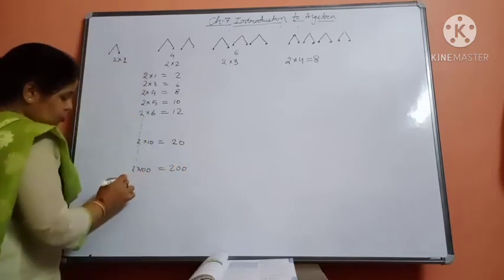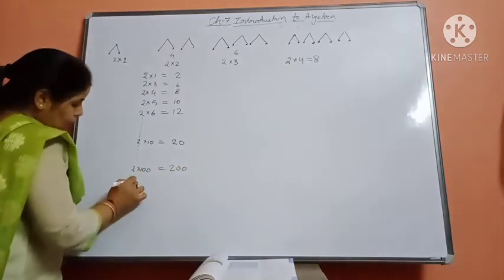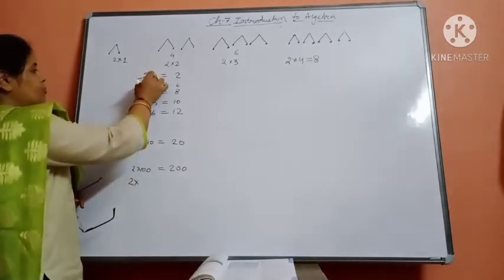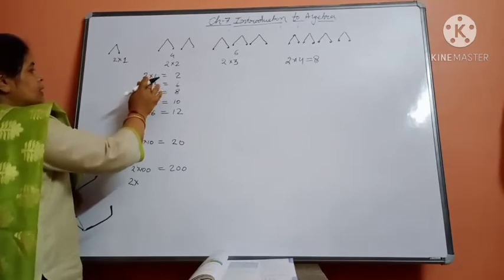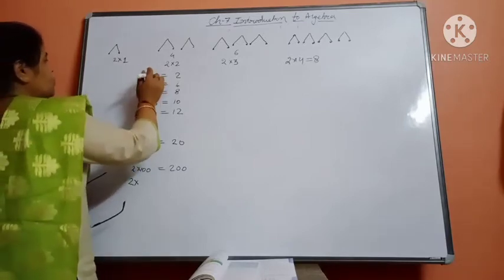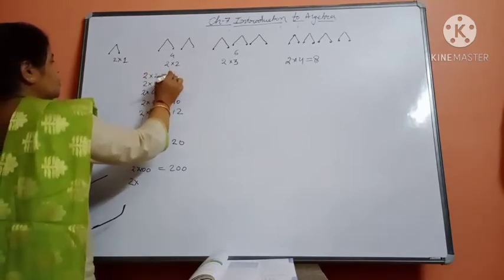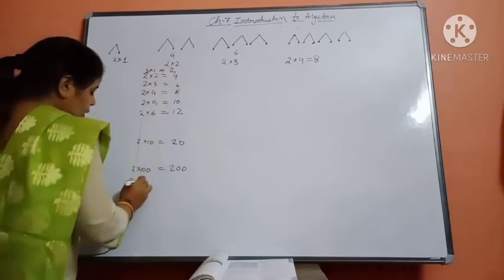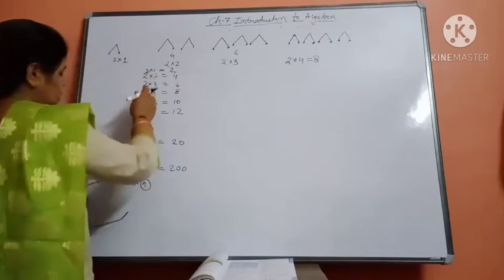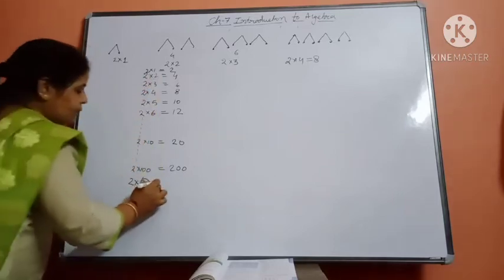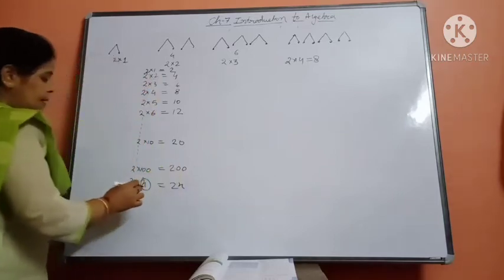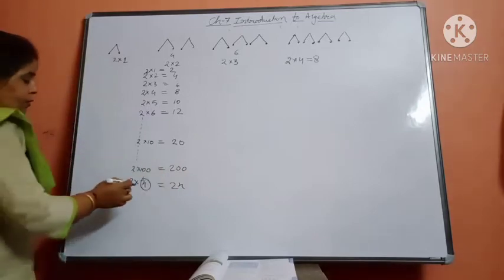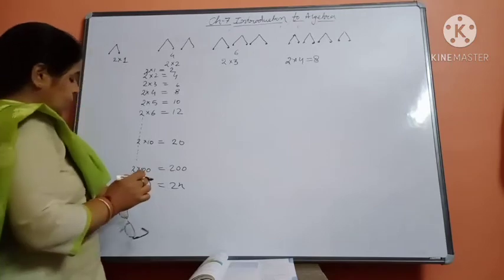So in this way, I have taken different numbers. Here I have taken 1, then 2 and then 3, like that. Here 2 into 2 is equal to 4 and 2 into 1 is 2. Suppose I don't know these different values, now it can be n. So it will represent 2n. N means n can vary for different numbers. Now it will represent whichever number I would like to represent.